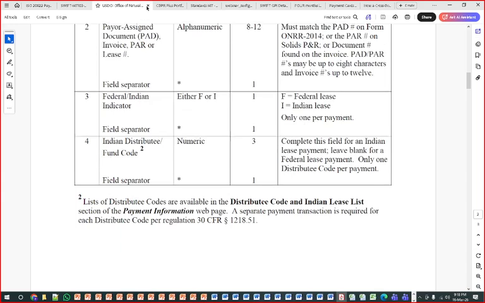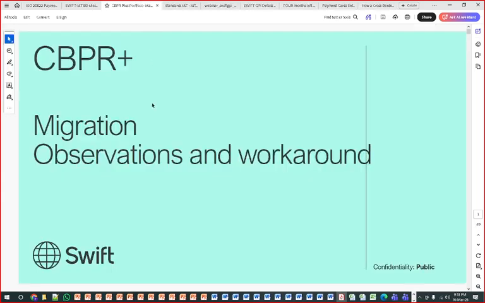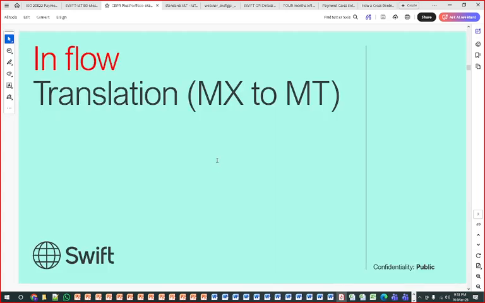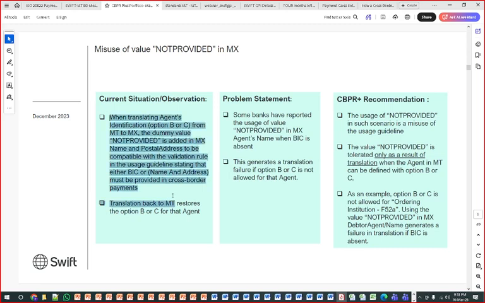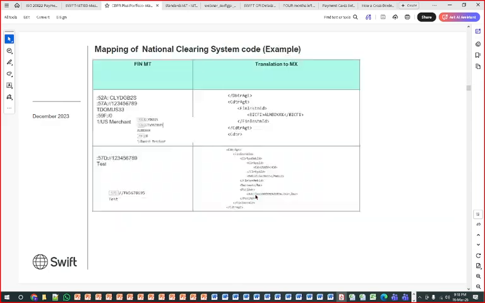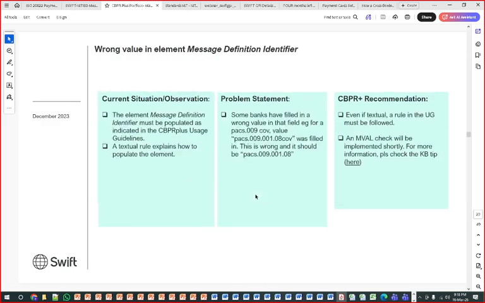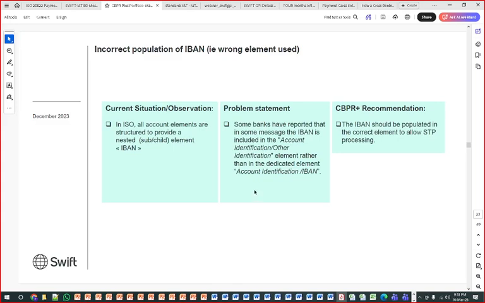Okay. Then, when we are doing the CBPR migration, it was migrated already on November 25 last year, but after migration there are many challenges. So I am discussing with you what the challenges are and how they were solved by CBPR. There are a number of challenges. At least I will walk you through some challenges so you understand what exactly happened in production after this migration.